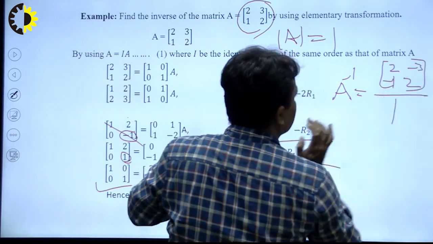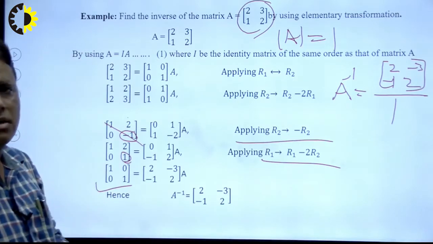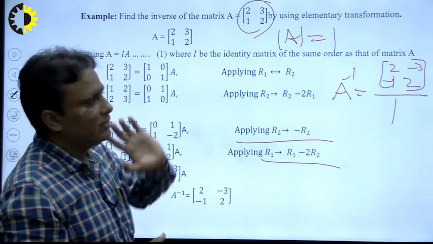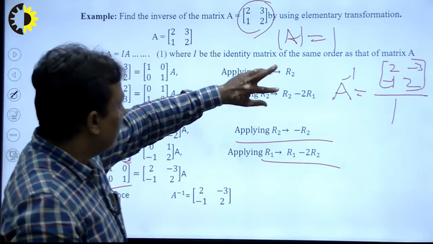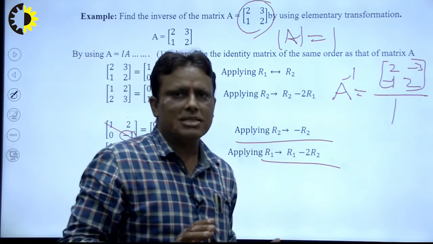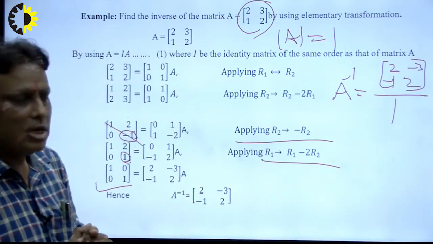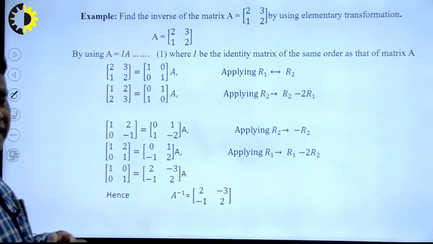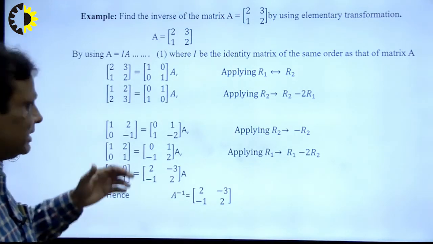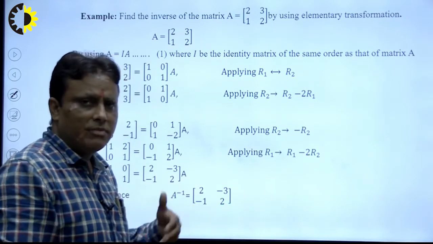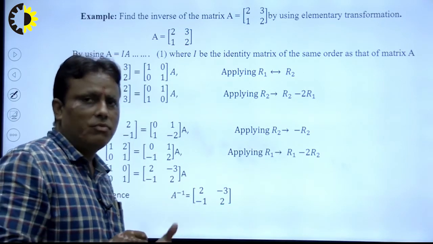So this is the way to solve the problem, right? Suppose there will be 2 and 5, so the diagonal elements are interchanged: 5 there and 2 here, and the remaining elements are the same with negative sign. This is the way to calculate the adjoint directly for 2 by 2 matrices. But this is applicable only in competitive exams; here we will calculate in the subjective way, so we will apply the method on a large scale.